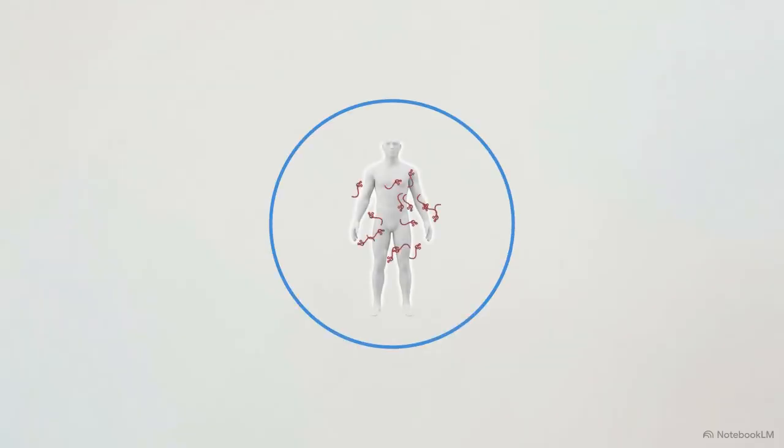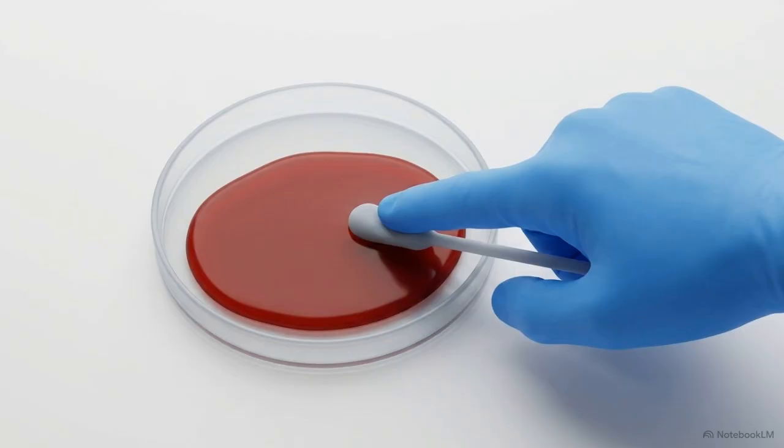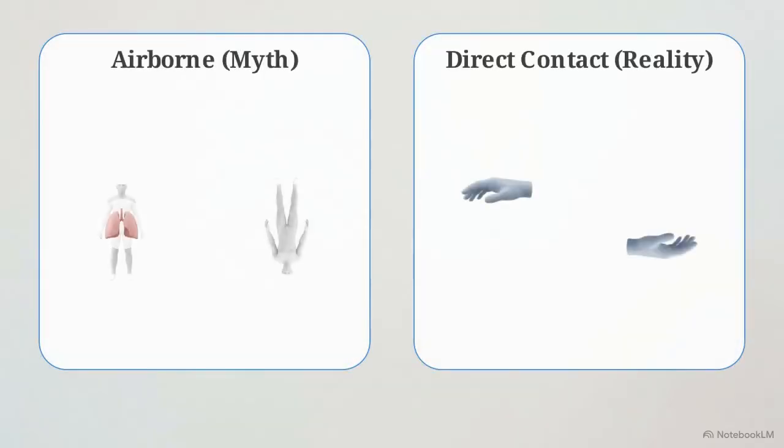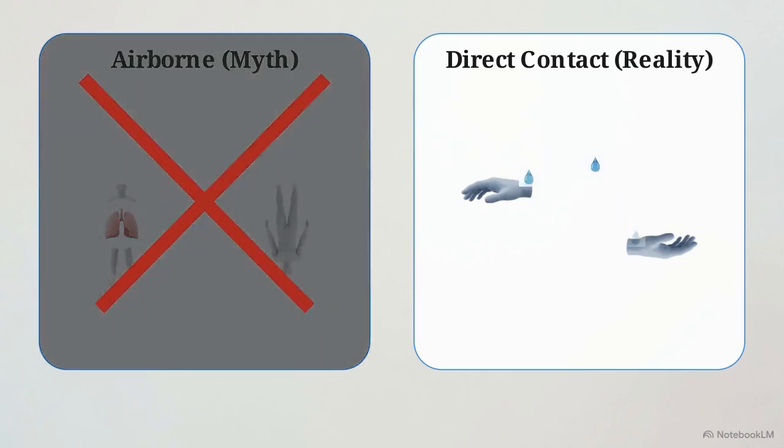Once it enters a human population, its mobility is restricted by its biology. It requires direct physical contact with the blood, saliva, sweat, or other bodily fluids of someone who is actively symptomatic or has passed away. This diagram contrasts respiratory illnesses with Ebola's limitations. The virus is definitively not airborne. It cannot float through a room, and you cannot catch it simply by breathing the same air as an infected person.